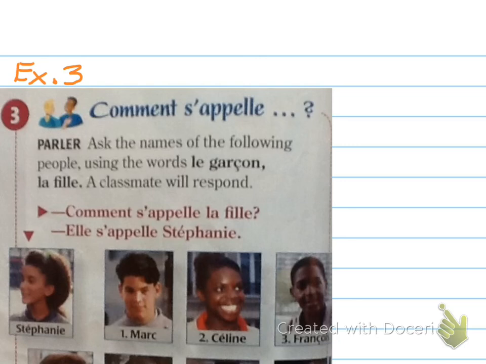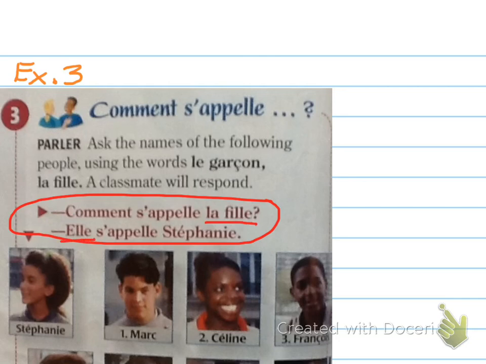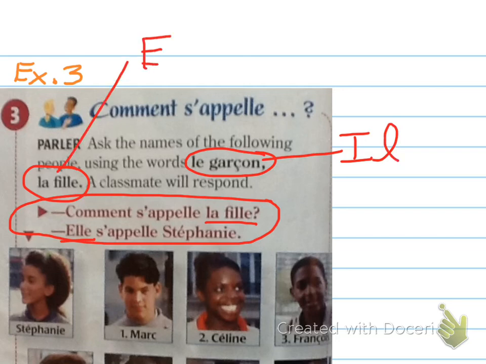For exercise 3, we also did this one out loud. Again, you're going to write out or type out this part. So remember, the la, le, and the l' were the part that changed depending upon whether it was a boy or a girl. If it was a boy, it should be le garçon. If it's a girl, it should be la fille. If you use le garçon, then your next sentence should start with il. And if it's la fille, your next sentence should start with elle. So you're going to write out those 2 lines for the 7 of them.